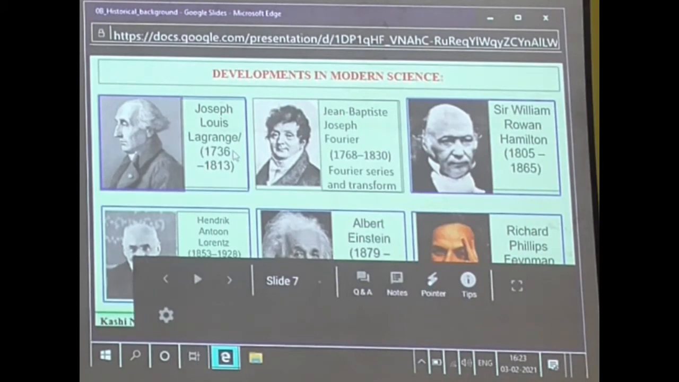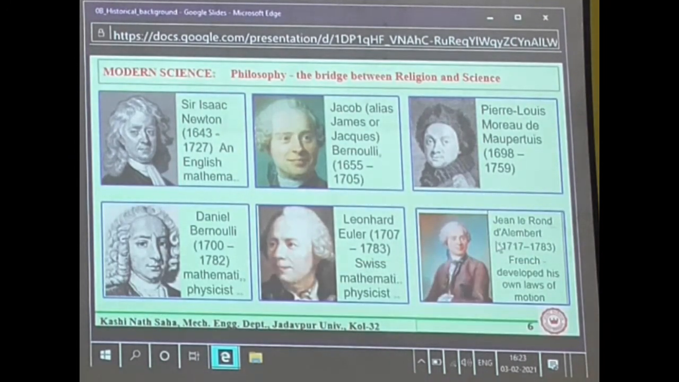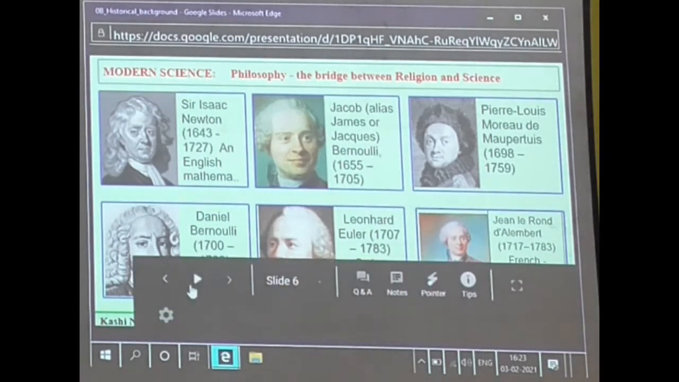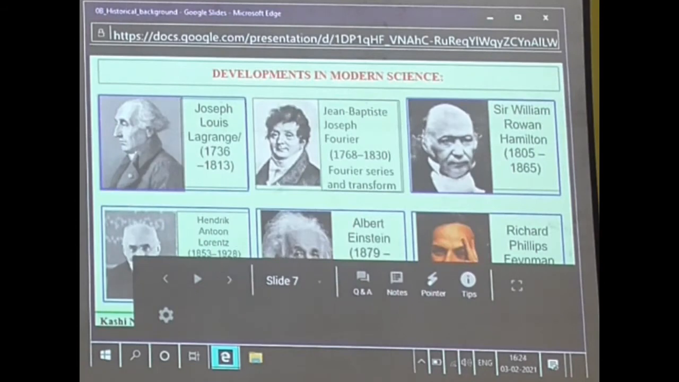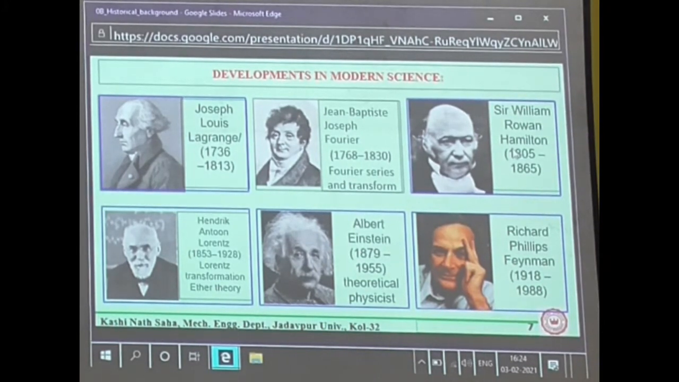You see there is a chronological part in it. These are somewhat chronological, seriality is maintained here. And now coming to modern science, this continuum mechanics